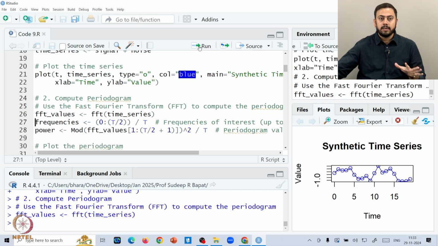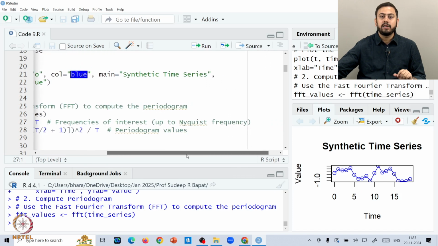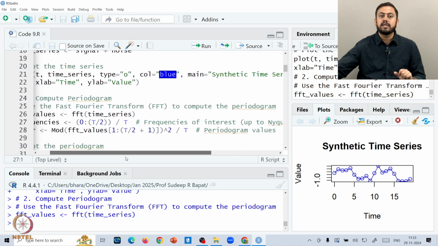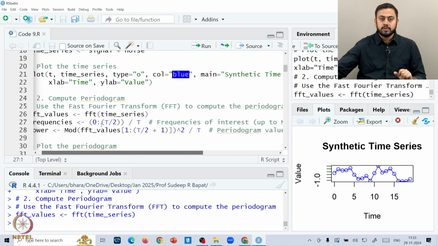Now that part is done, the next step is to fix some frequencies of interest, up to the Nyquist frequency. If you remember, the idea behind the Nyquist frequency is that one has to only focus up to half the length.